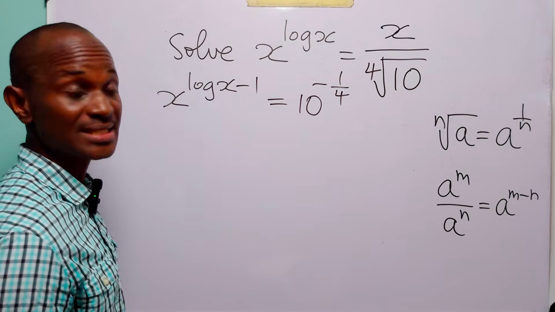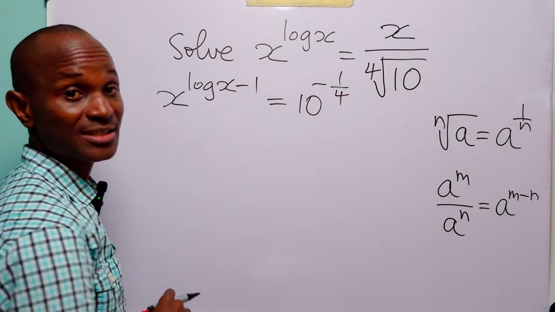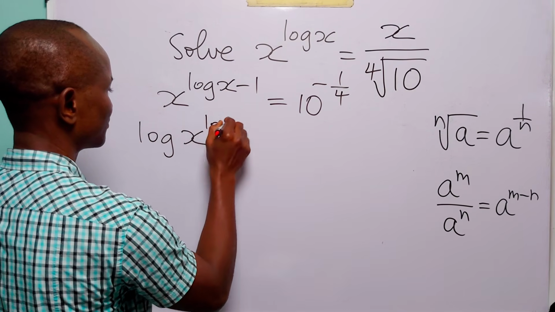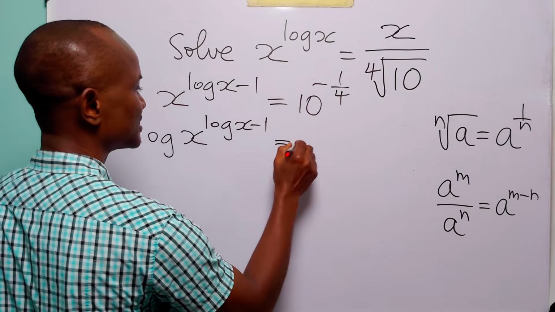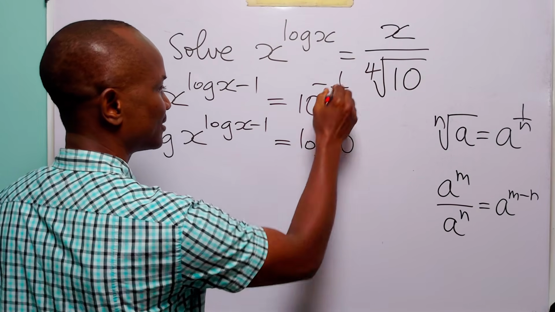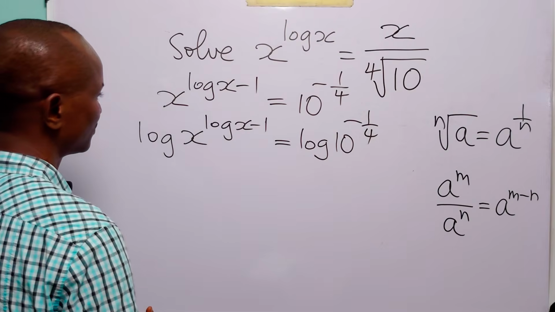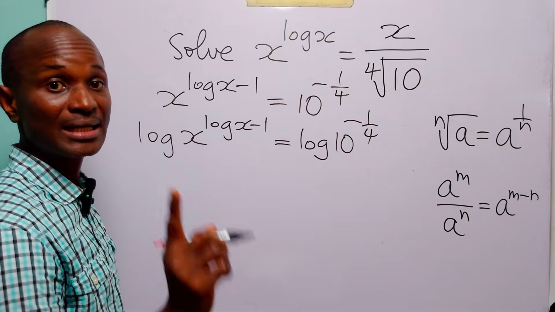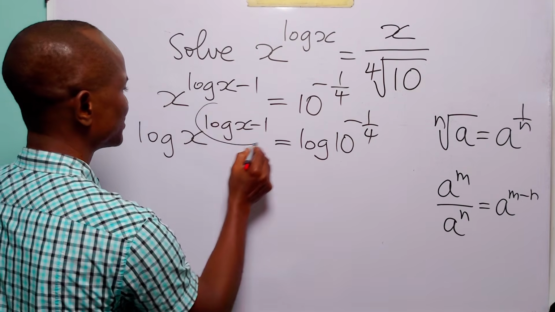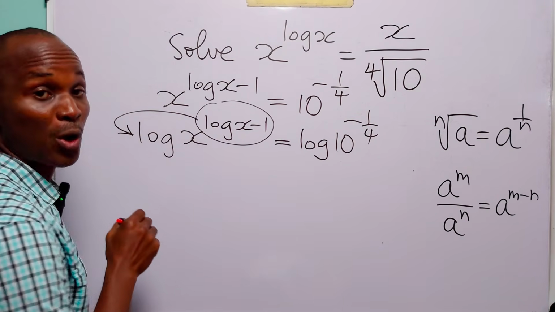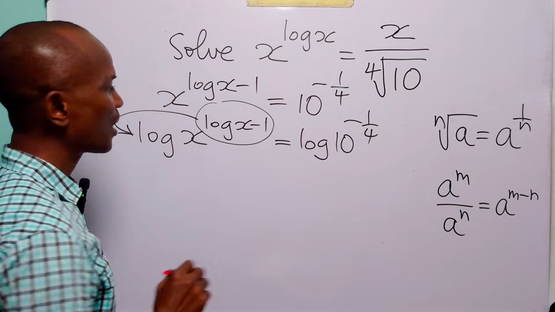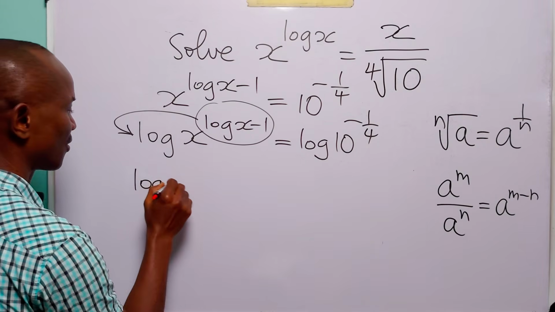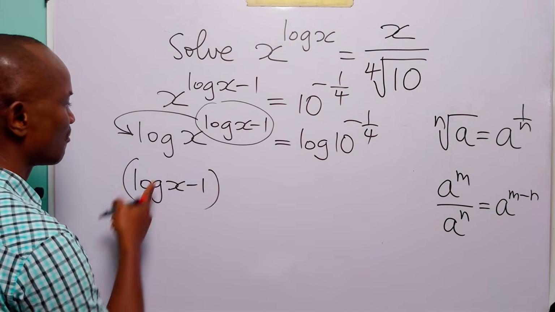Now the next step to solving this equation is to take log of both sides of the equation. When we do that, we have that log of x to the power log x minus 1 is equal to log of 10 to the power minus 1 over 4. And of course, the next thing we are going to do is to apply the power rule of logarithms. That is the rule that says that we can bring down this exponent to the front of this log term to become a multiplier. When we apply that rule, this left-hand side is going to be log x minus 1 multiplied by